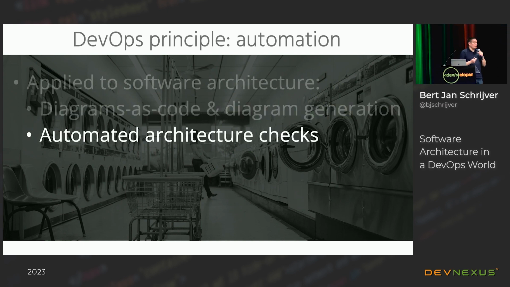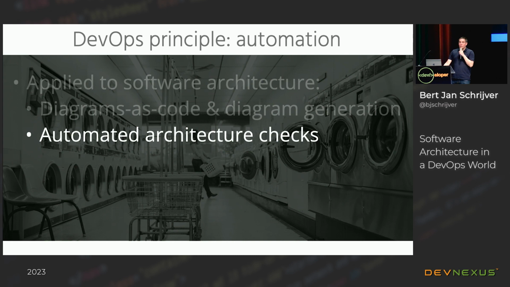You can do automated architecture checks. So there's stuff like ArchUnit, which is basically JUnit tests that can verify architecture rules. Do we not have any dependencies between packages that shouldn't have? Is our package structure correct? Do we only use, I don't know, approved crypto libraries? There's tools like Open Policy Agent you can use to apply policies to your Docker containers, so you can only fetch Docker images from trusted sources.